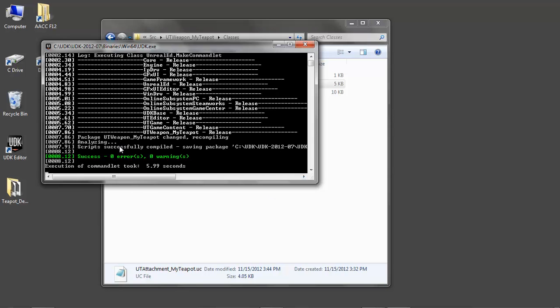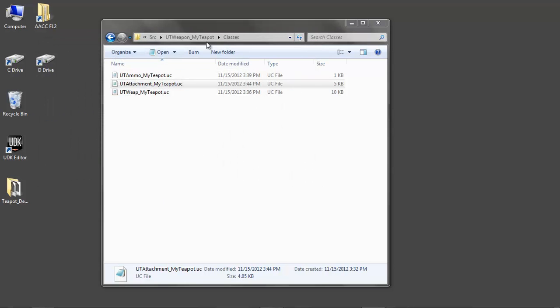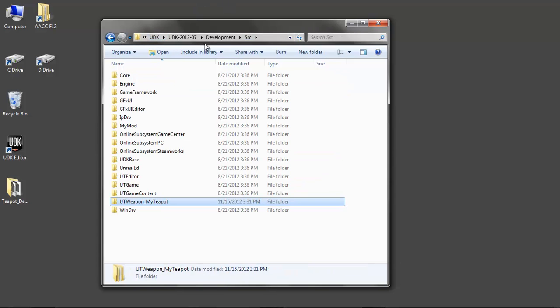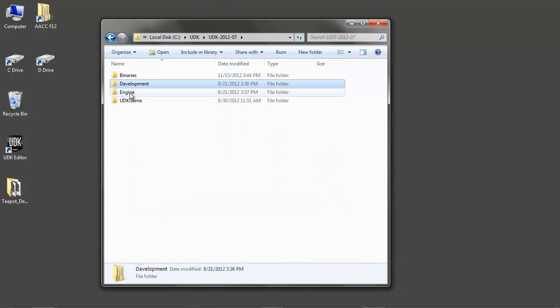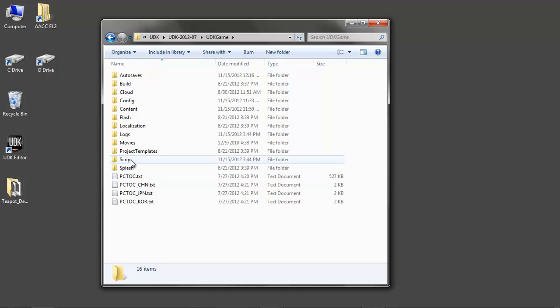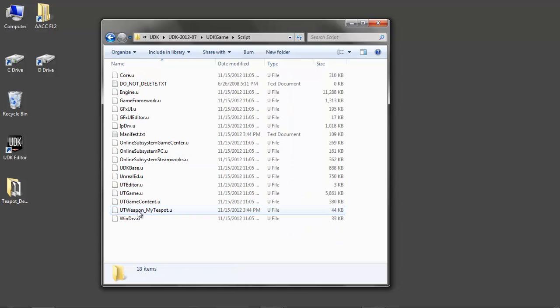Okay, so I recompiled it, and you can see there are no errors, so we're good to go. And if we go back up to UDKGame and go into Script, now we will see our UTWeapon_MyTeapot script. Now if you want to deploy this with other things, you can copy this